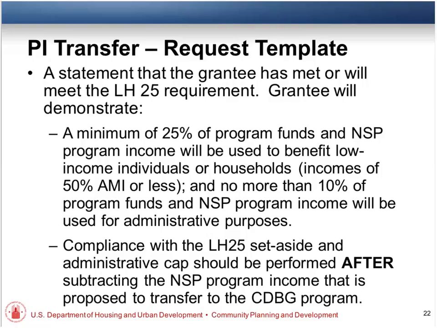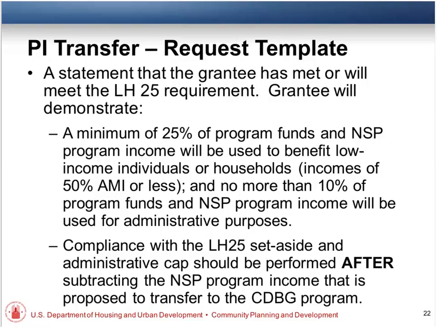Then, once you've done the subtraction, go look at the NSP program that remains and see if it's compliant with the 25% or will be compliant with the 25% when you finish whatever projects are underway. And you check to see whether you will be compliant with the NSP admin cap on that balance of the program that stays in NSP.